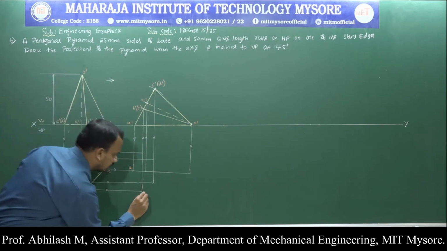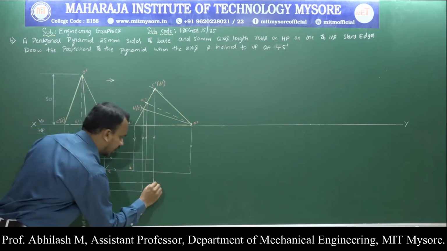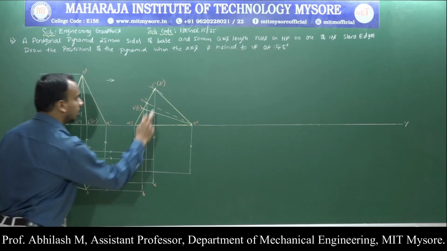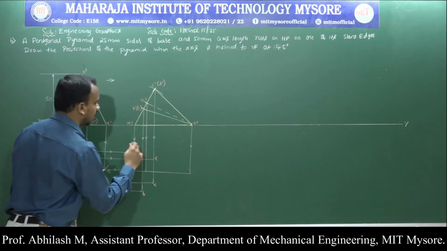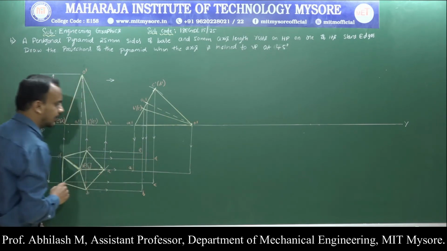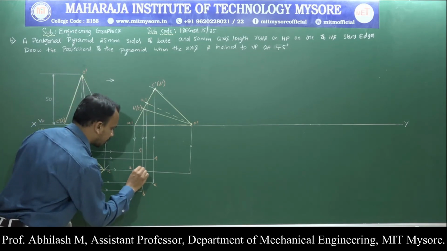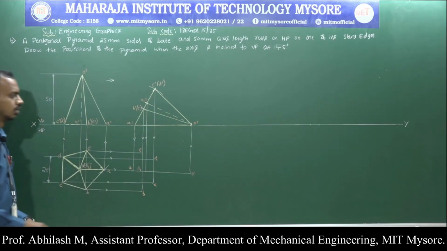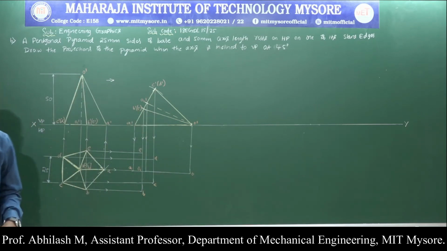From B, C to C dash, the point of C. Similarly from D to D dash. Similarly from the point of E to the point of E. O1 dash, that is indicated as O1. Similarly the O dash, sorry, there it is O. Now we have successfully transferred all the points or the projection lines.